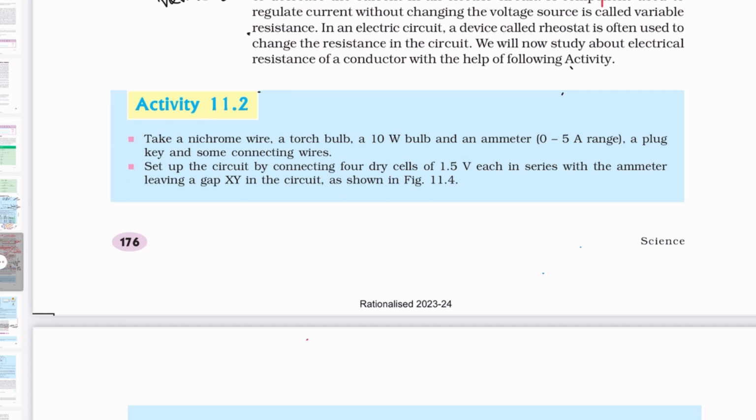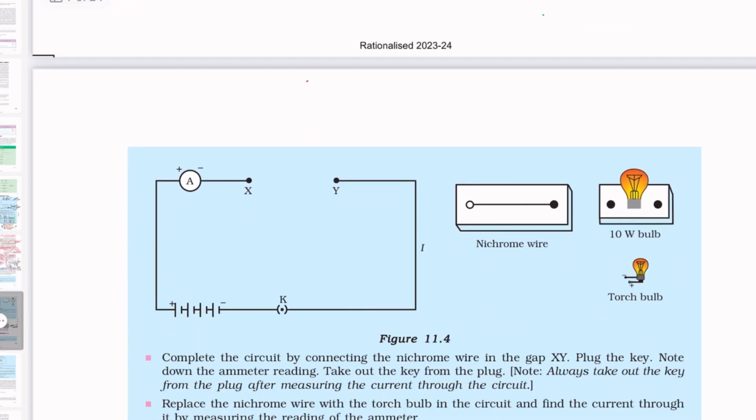You see what the activity says? You could see there is a circuit diagram given. When you look at the circuit, it's a basic circuit, and we know this is the key or the switch. If there is a dot, it's called enclosed. You should always have a closed circuit. Then this is the cell,